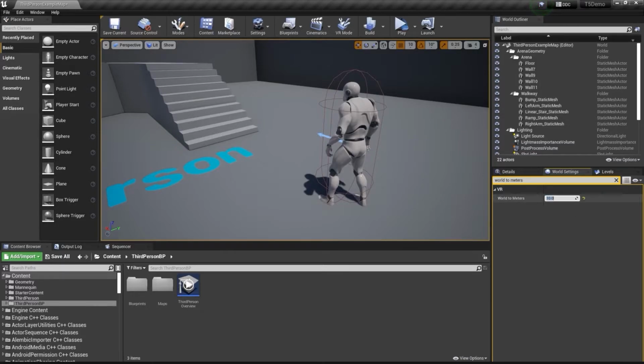But we actually want to shrink everything down so that it fits nicely on our little tabletop board. That means increasing this value, not to 100, but in this case, I like to go to 1,000. Or even 2,000. There's a lot of values in here that you're going to want to tweak, but 1,000 works pretty well for this exact project. So we've changed the world to meters to 1,000. Now, the immediate result